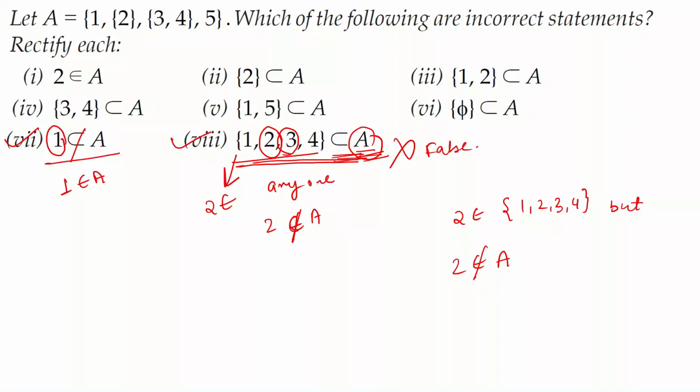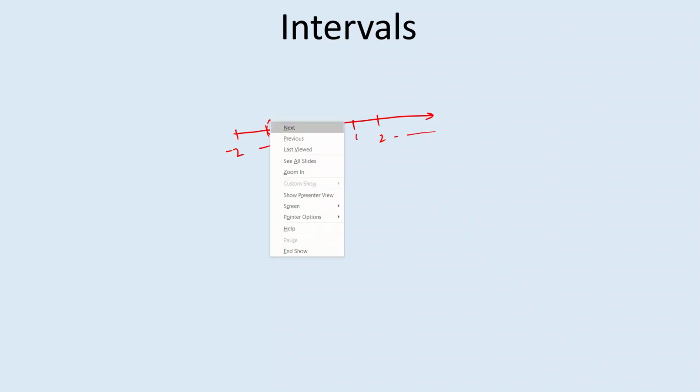Okay, let's move on to the next concept of intervals. What are intervals? Intervals are subsets of real numbers. So suppose that I give you a real line over here. So we have 0, 1, 2 and so on, and negative numbers over here. So if I take any particular subset of it, say for example from -1 to 1, this is called an interval. So I can take a set A